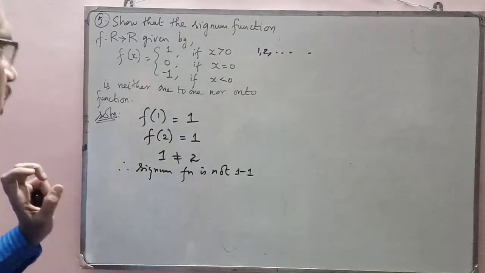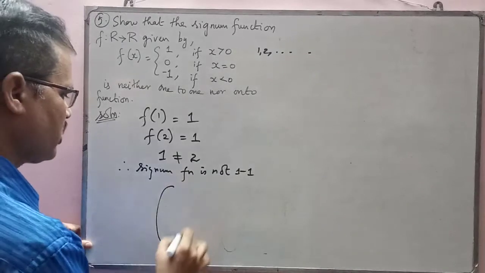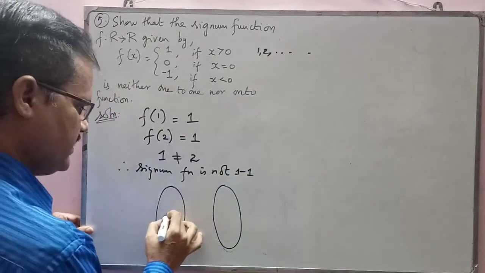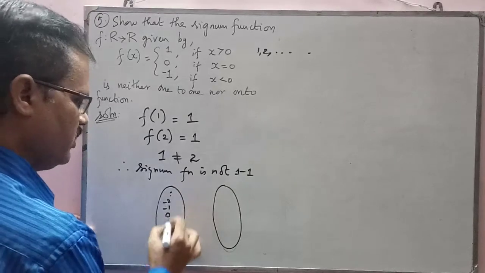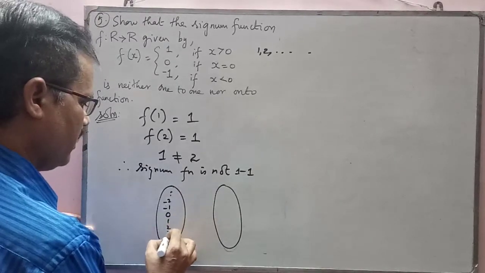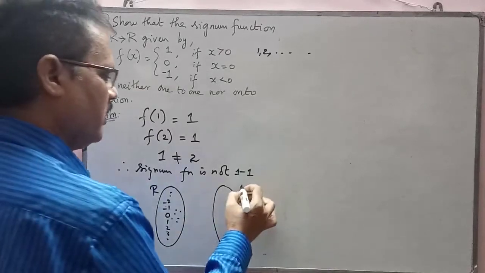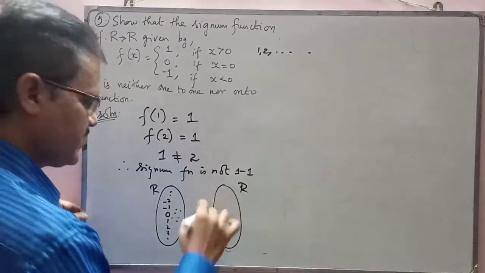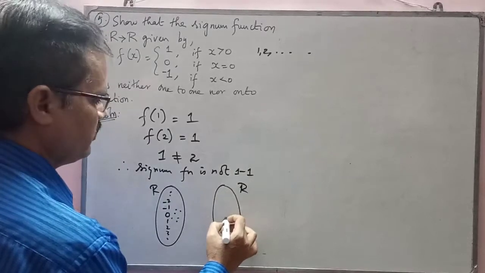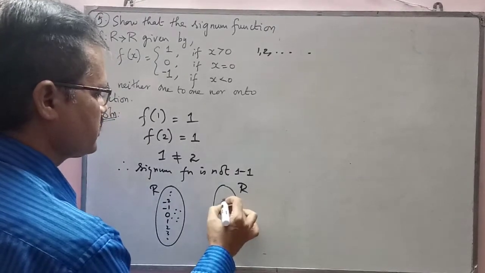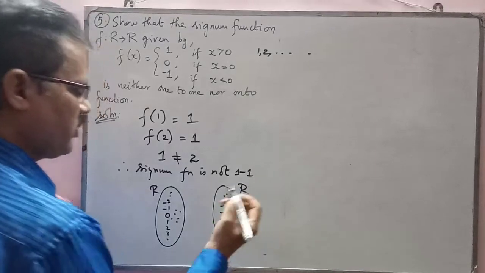Now let us go for the real number chart. In exams, you need not draw anything. These are all for your understanding only. So do not worry about any diagrams. All numbers will be there here. So this is the domain, your input, and this contains the output as well as extra elements. So here you have 0, minus 1, 2, 3, minus 2, and decimal numbers. A lot of numbers are there.